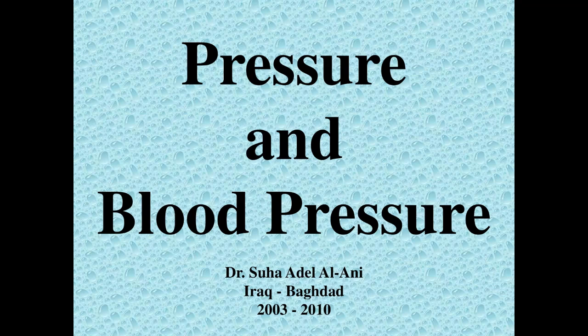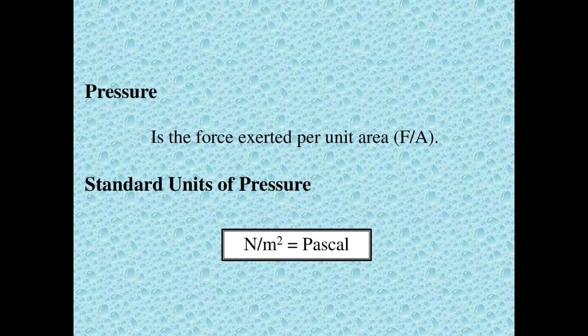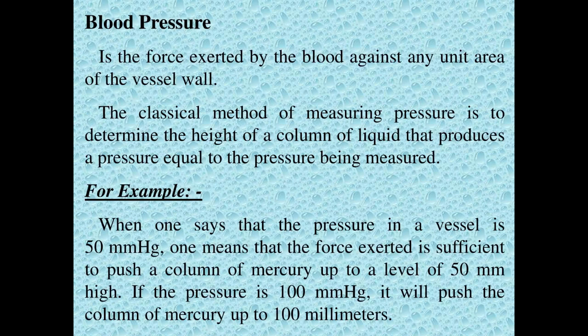Hello everyone, the title of our lecture today is Pressure and Blood Pressure. What is pressure? Pressure is the force exerted per unit area, F per A. Standard units of pressure: Newton per square meter is equal to Pascal. What is blood pressure? Blood pressure is the force exerted by the blood against any unit area of the vessel